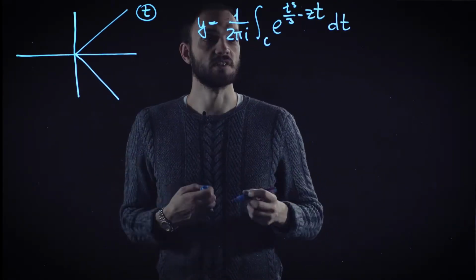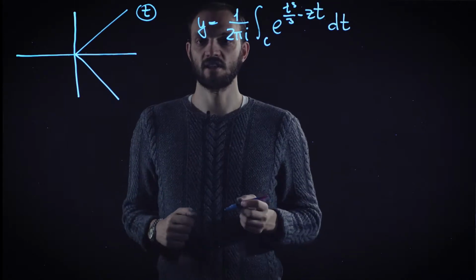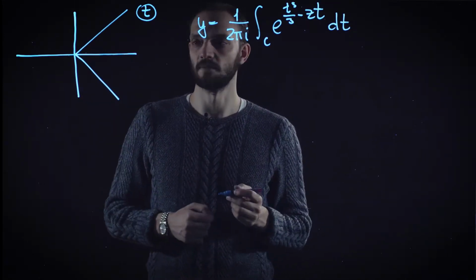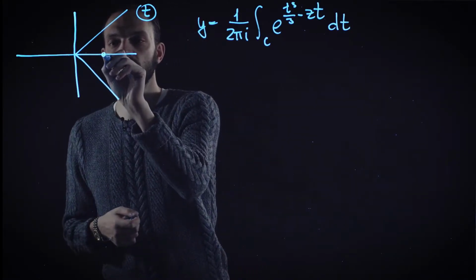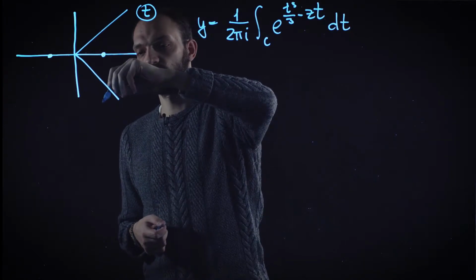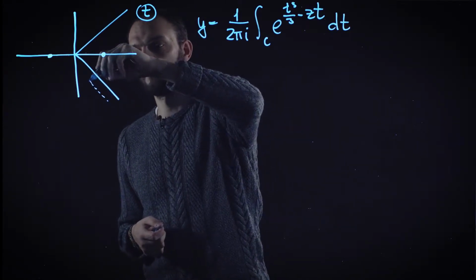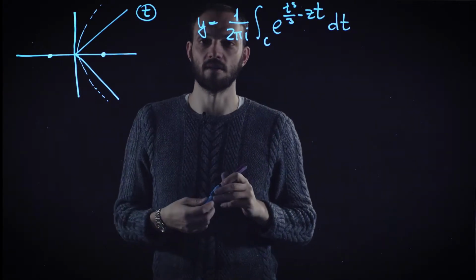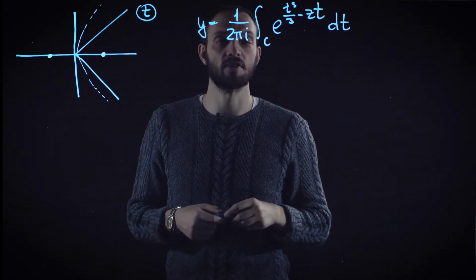Before we go into details of the behavior of this function in the entire complex plane, let us recall briefly what happens at positive z. Then there are two saddle points, and the original integration path goes somehow like that. Of course, we may deform it to a certain extent, as long as the integral remains convergent.